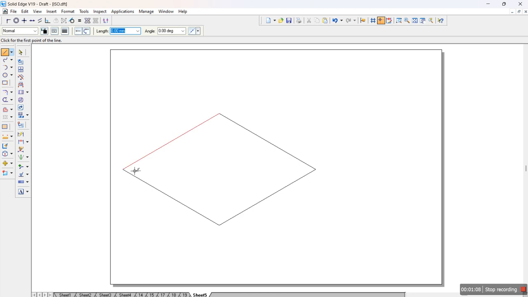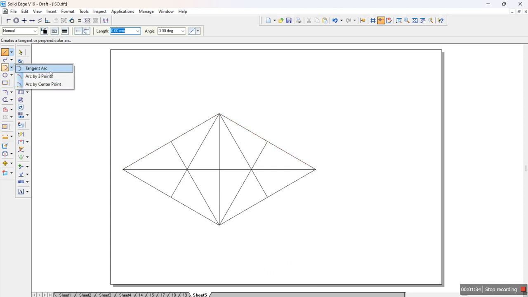So once we have this square, we'll divide it from end to end, same as we did in the previous problems. So from here to the opposite side center, and from here to the opposite side center. Similarly from this point to the opposite side center. Once we have this, we have to draw the cylinder of circular dimension 100 mm. So we'll use the arc by 3 points